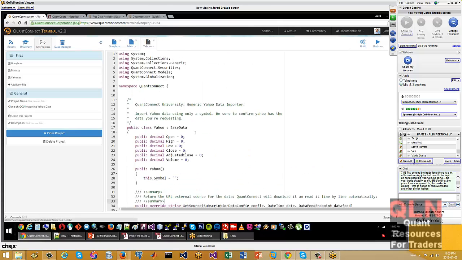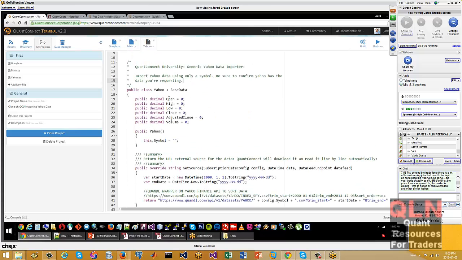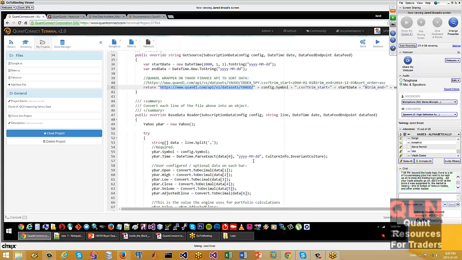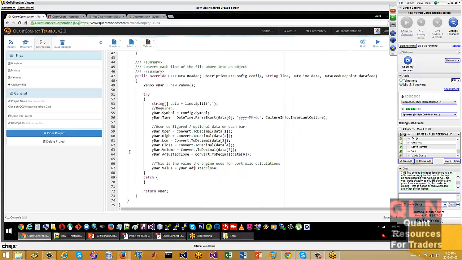And so here's the Yahoo file, and all it's doing is defining the shape of the Yahoo data, and where we're getting it from. So we're returning the string here. We're getting the Yahoo data set from Quantbook, and then the start and end dates, and then converting it to an object. In this case, we've done this explicitly.